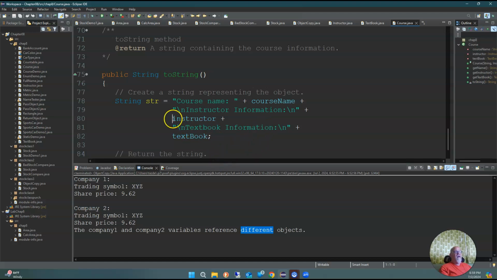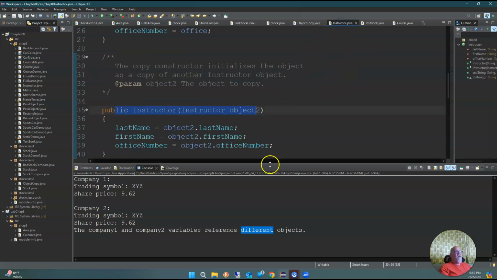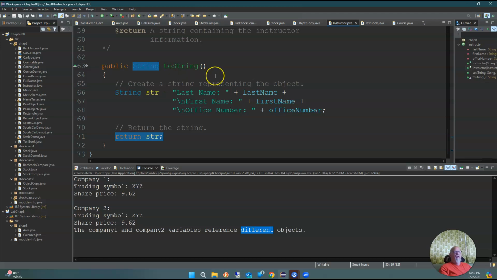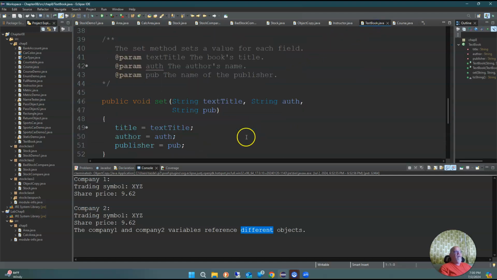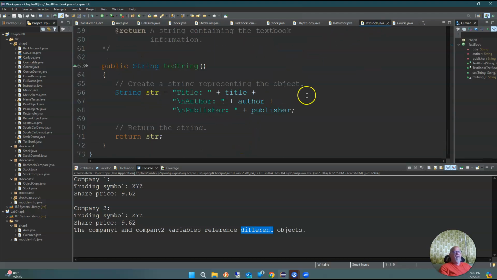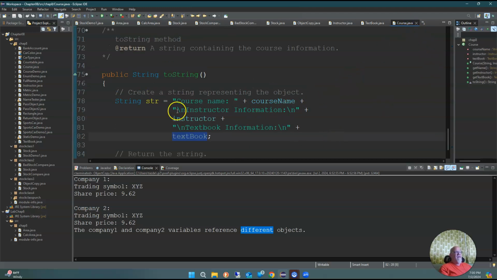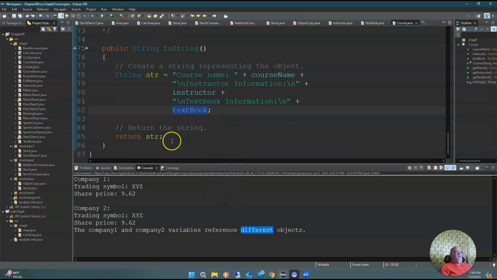So what is it doing right here? It's printing instructor. What's going to happen there? It's going to call the toString. When I try to print the textbook right here, it's going to come over here to the toString and print the toString of that object. So this is pretty kind of complex. We've got a toString that's calling other toStrings, and then it returns that string to whichever calls it. So if we take a look at course demo,